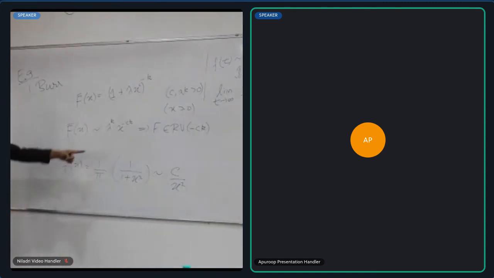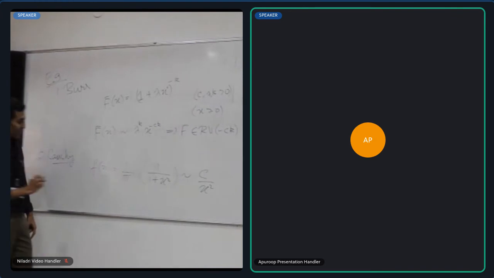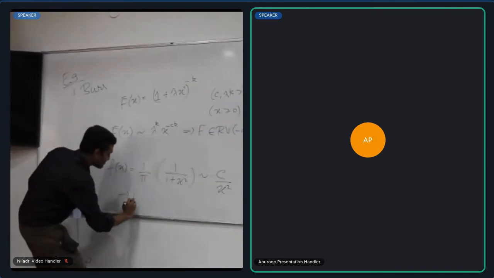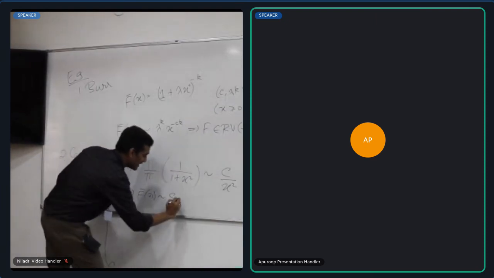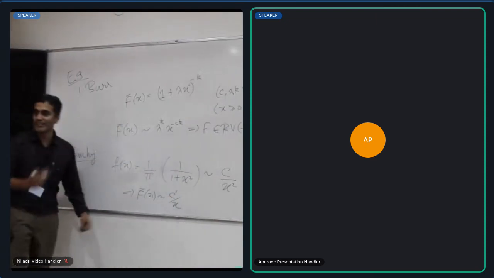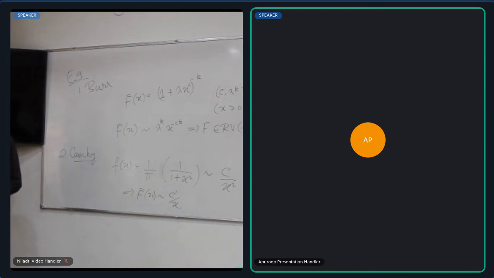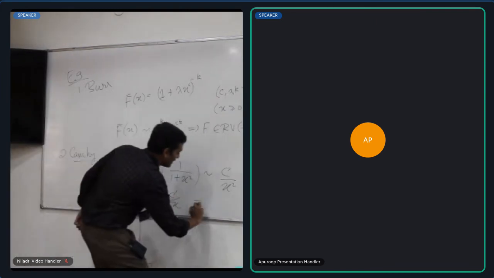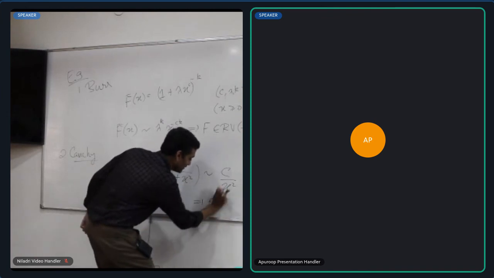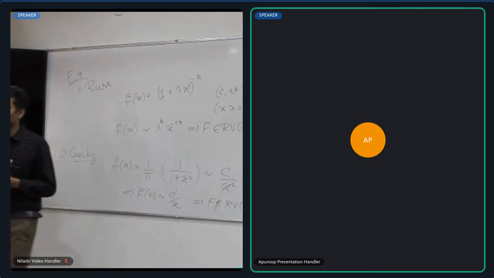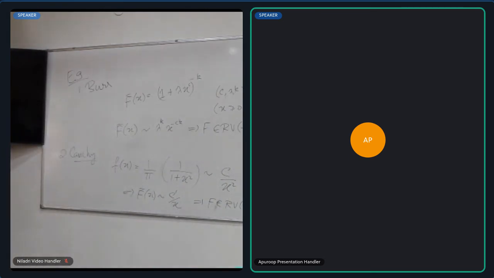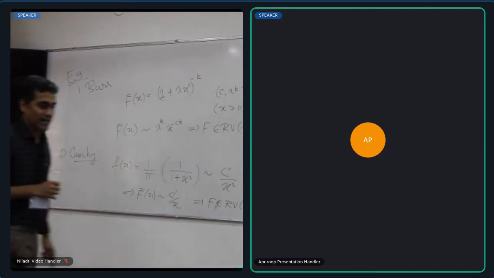Okay, now what does it mean that f is c by x squared? From the integration property, it implies that f bar of x is asymptotically c divided by x, c prime divided by x, right? And so therefore, the Cauchy is in fact regularly varying with index minus 1. Okay. So this is just one example of where those integration properties come in.